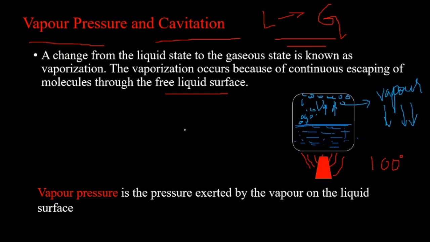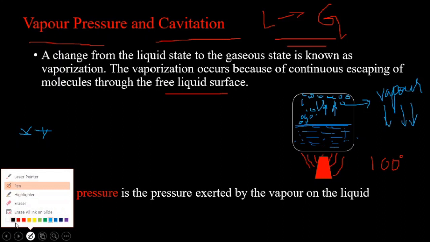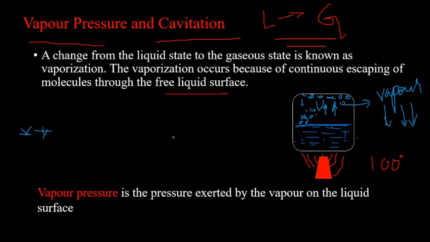So this was about the vapor pressure. The pressure exerted by the vapor on the liquid surface. So know the concepts. Okay. Since these are basic properties, know the concepts. Next, cavitation. So what is this cavitation? So this cavitation is nothing but whenever,